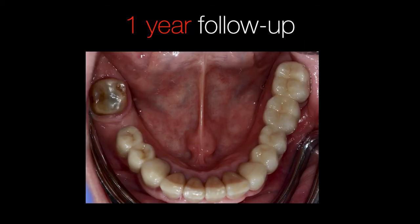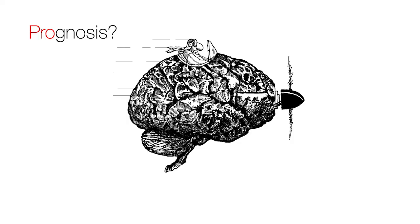And for this patient, this is a 1-year follow-up. And you can say that since the patient still is a heavy biter, you don't see any signs of wear after 1 year in the mouth of the patient. So this might be very promising, but we should remember that we don't really know yet, because we don't have the clinical follow-up studies for this kind of treatments. But